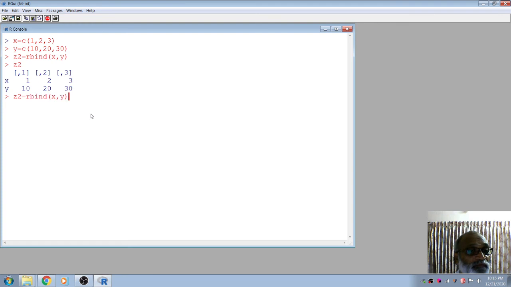If you want, you can bind it in columns, that means use cbind. Z equal to cbind of Z. So what is Z? Column wise, so x values are in a column. So cbind or rbind.